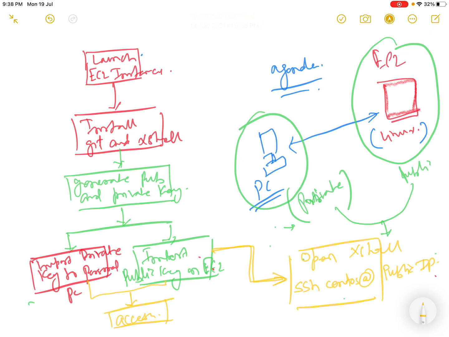What is the public IP? Every Linux EC2 instance has a public IP, and through this public IP you are going to access it. So this is the way, and these are the tools through which we are going to access our EC2 instance.